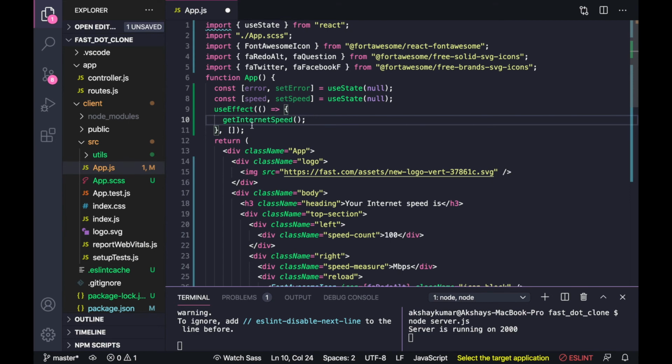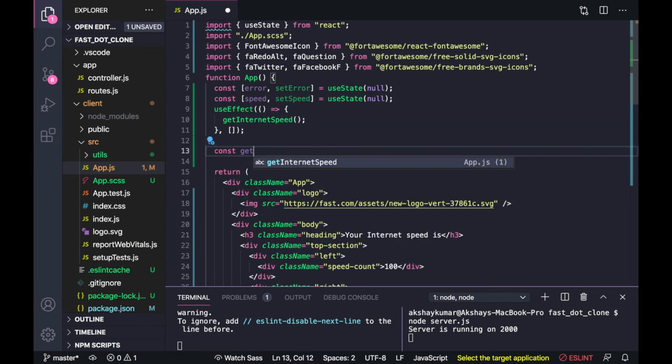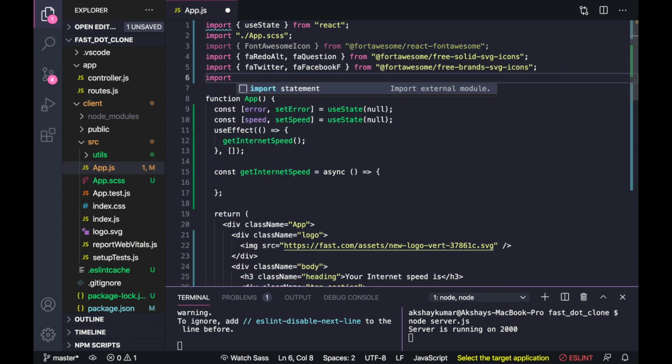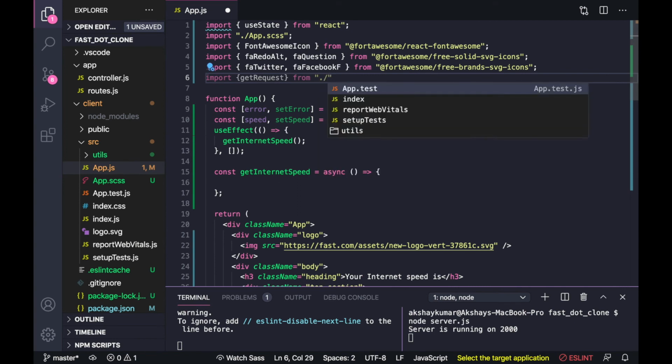Now we will write this method. First we will import get request from API request. Second we will import baseURL and getInternetSpeed from API endpoints.